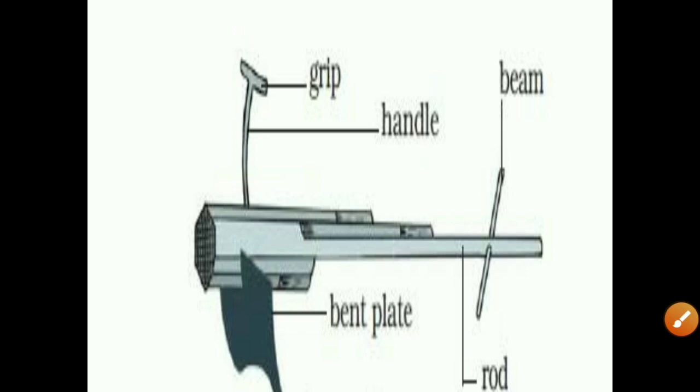The next agricultural implement we have is a hoe. It is used for removing the weeds and loosening and turning the soil. It also consists of a long rod of wood or iron. There is a handle at one end of the hoe. You can see the image. There is a handle. A strong, broad, bent plate of iron is fixed below the handle, and this acts like a blade. You can also see a bent plate which acts like a blade.